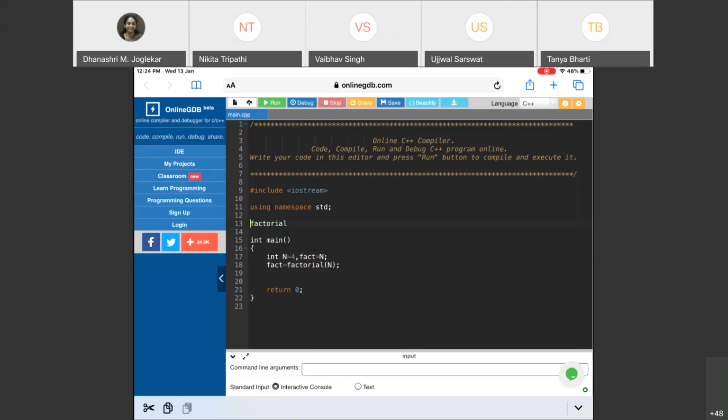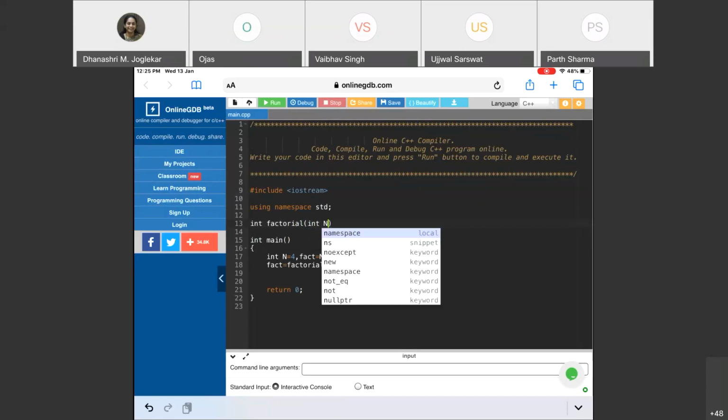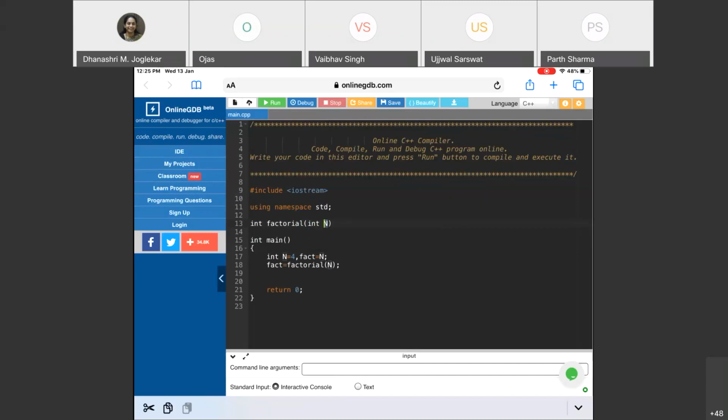What will be the output data type of this factorial function? Integer. Integer, right? And then I'll also have to specify the input data type. Integer n. Yes, so I'm writing down this n over here. Once again, as we have already seen in the last class, this n can be different from the n that we are writing at line number 17.